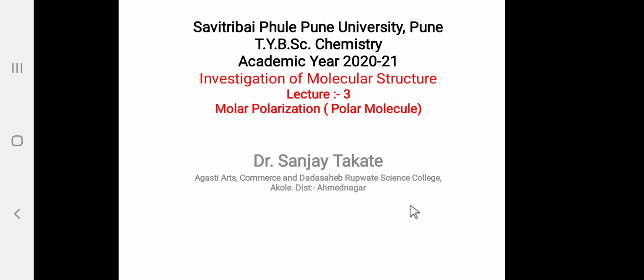In case of the polar molecule, the center of positive charge, that is the nuclei, and the center of negative charge, that is the electrons, do not coincide with each other, they are away from each other. Such molecules are called polar molecules. Polar molecules have a permanent dipole moment, that is mu is not equal to 0. And all of you know that dipole moment has the unit Debye,